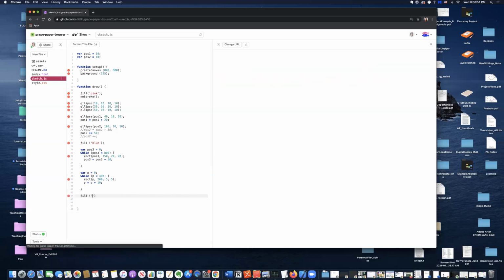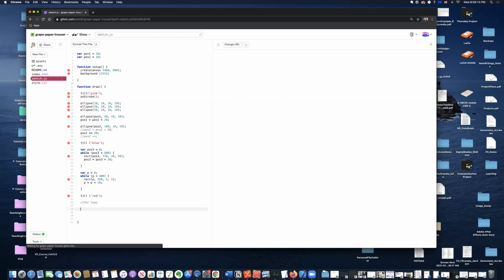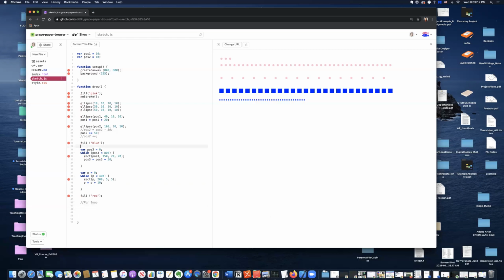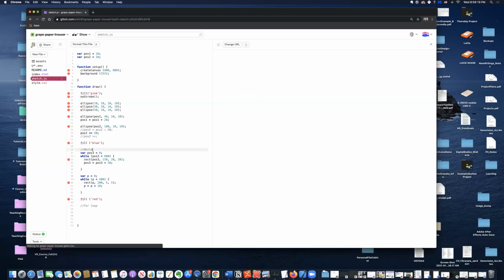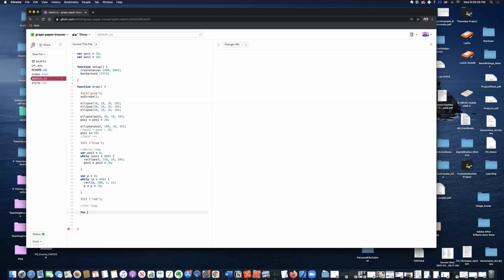So my blue squares are my while loop, and my pink dots at the top are the increments, and now we're going to make some red dots. Okay. The for loop, add a little comment there, and I'll add a comment here. While loop. So the for loop is a really handy function, and we write for, and then within our